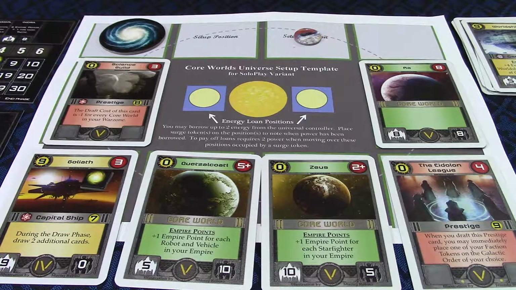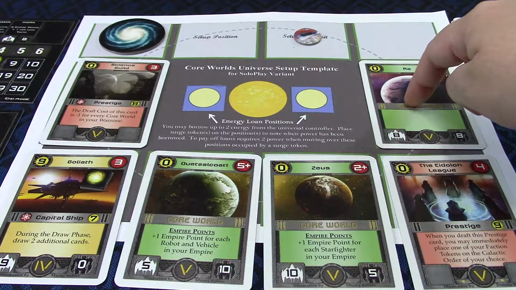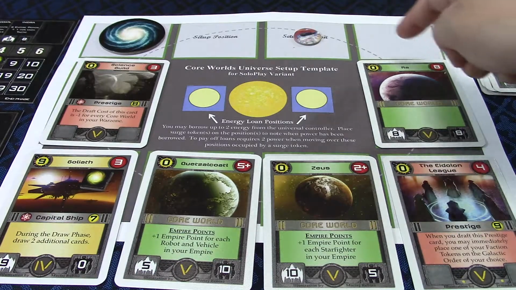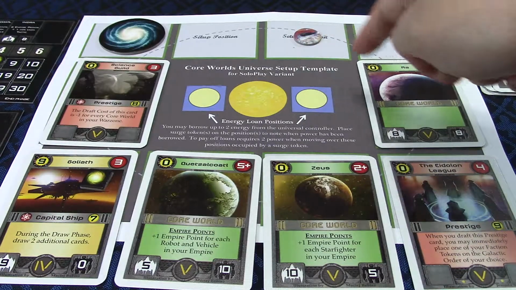Too bad we didn't get a second energy surge. So I'm thinking I should backtrack at this point. Admit that I'm going to lose the Goliath, and let's pretend that we didn't play this energy surge in the first place, and we go back down to 11 energy if we don't play it. That means that I can spend 2 energy to move, and spend the rest of the 9 buying the Eidolon League,